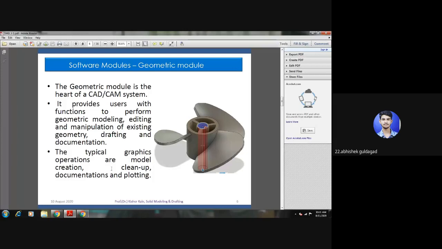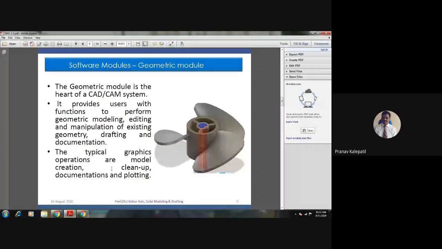So using Boolean operations, we take two objects, do some manipulations and get a third object out of that. The third object is our intention. The first two objects were only used for creating the third object.